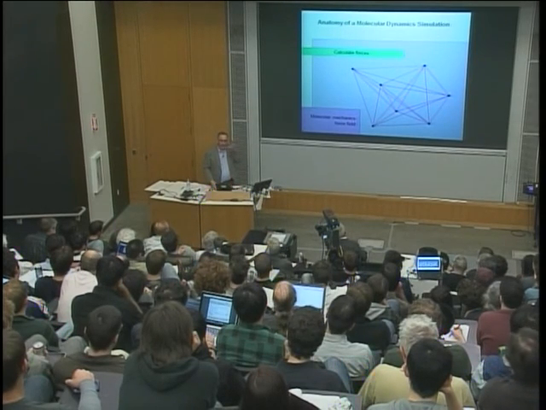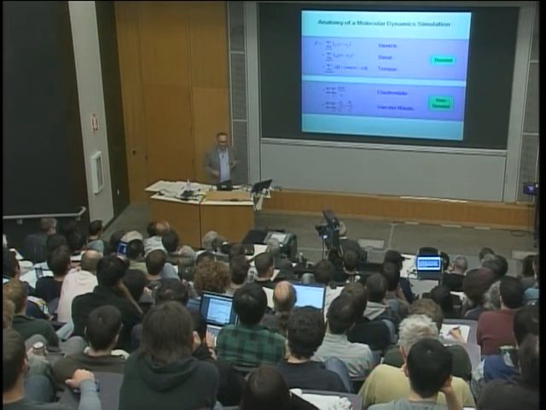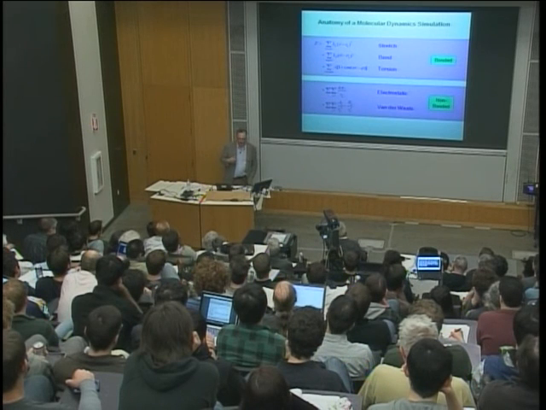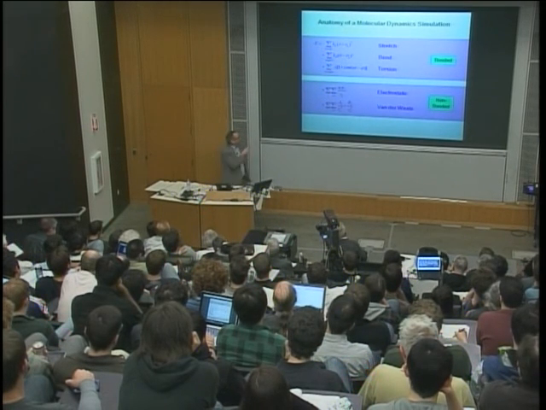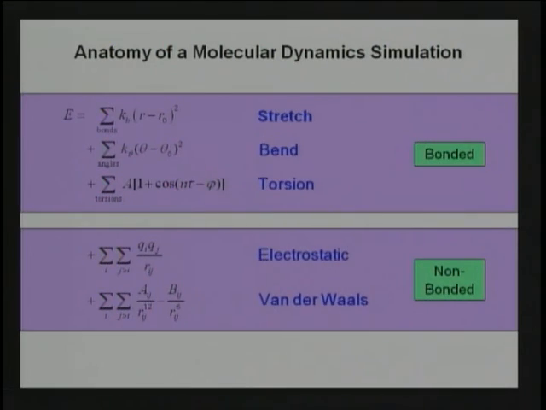So then for each one of those pairs, we then evaluate what's called a force field. It's a biophysical model of the forces. And this actually is in the form of potential energy. You have to take the gradient of that to get the forces, but I just want to show you the general form. I won't go through every term, but it's an additive function where the first three terms I'm describing here are often referred to as bonded interactions.